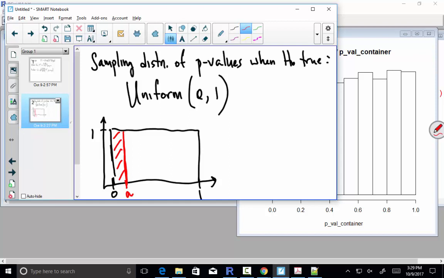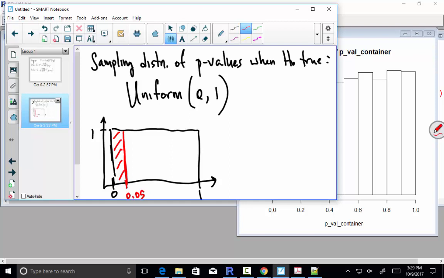So the area under the uniform curve to the left of A, the probability you'd get a p-value less than 0.05, say, is what? That's right. That's the interpretation of the significance level when you do hypothesis tests. When the null hypothesis is true, here's how I'm going to guard against making mistakes when I do statistical inference. I want to say confident things, but I can't say precise things because we don't see the whole population. So I'm going to reject or not reject my null hypothesis. And the way I'm guarding myself is probabilistically